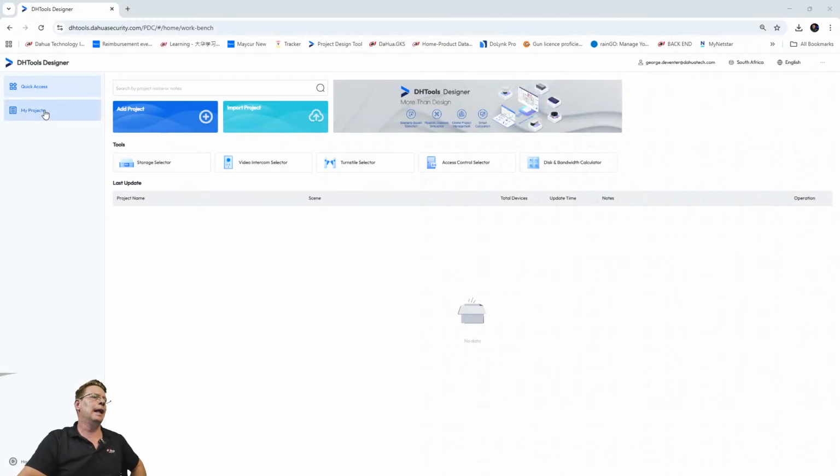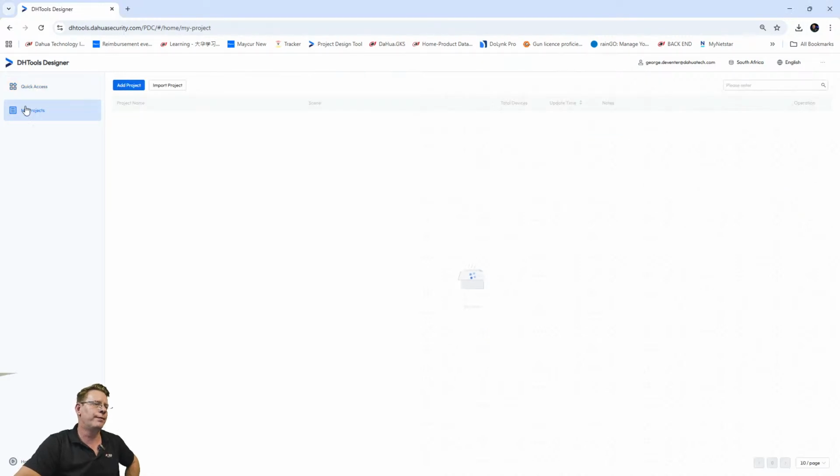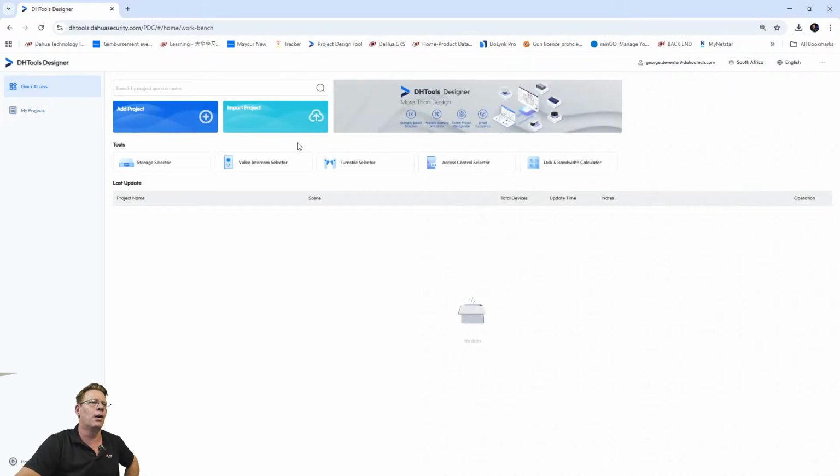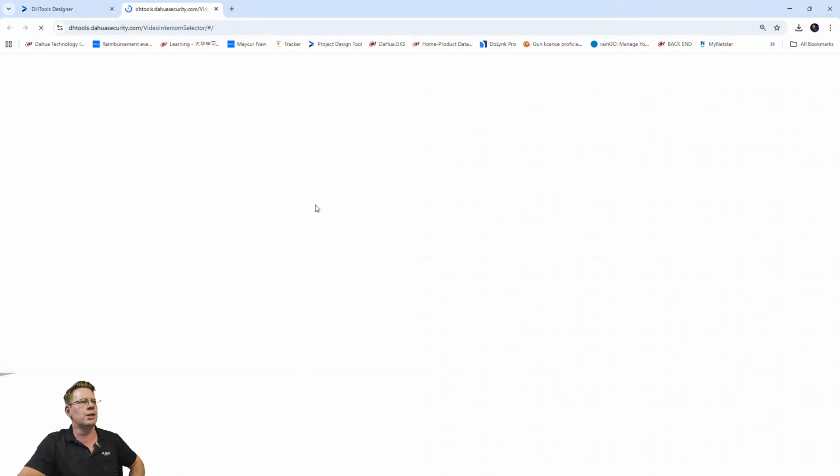Okay, so basically once you log onto the web interface of the DH Tools, remember to create your account or use your current dahua-security.com login details to access the DH tool. The layout is actually straightforward and simple. It's not that hard to navigate through the system. Here's your video intercom selector, your turnstiles, and your access controls. So I'm going to show you what will happen once I select this. If I go onto the video intercom selection side,